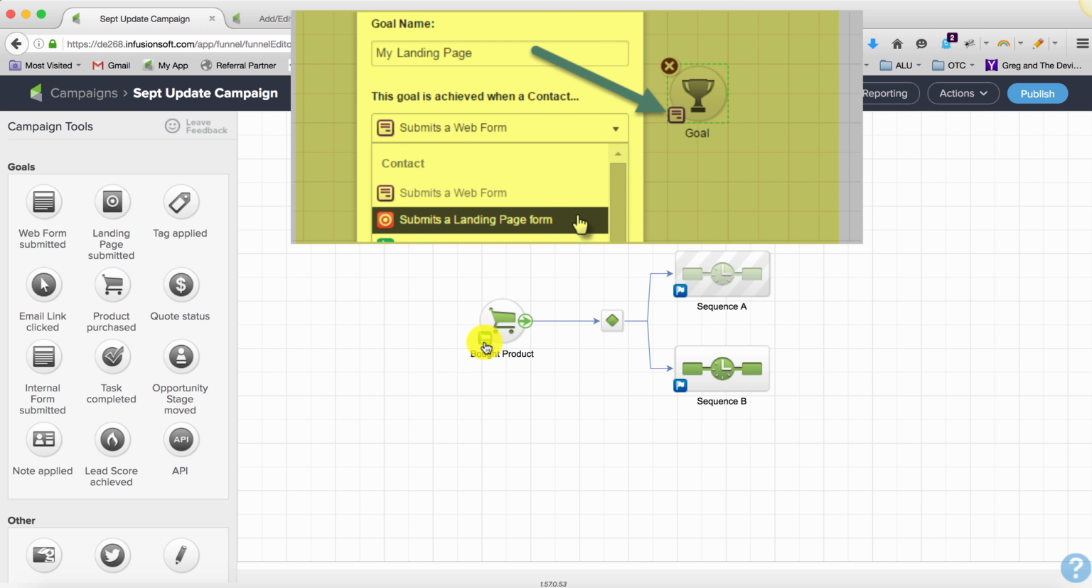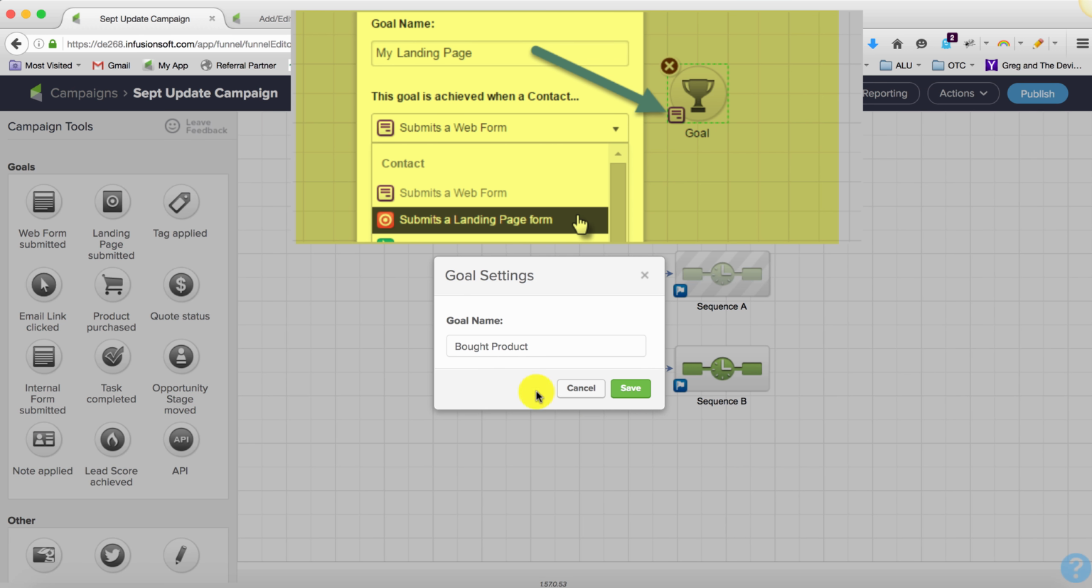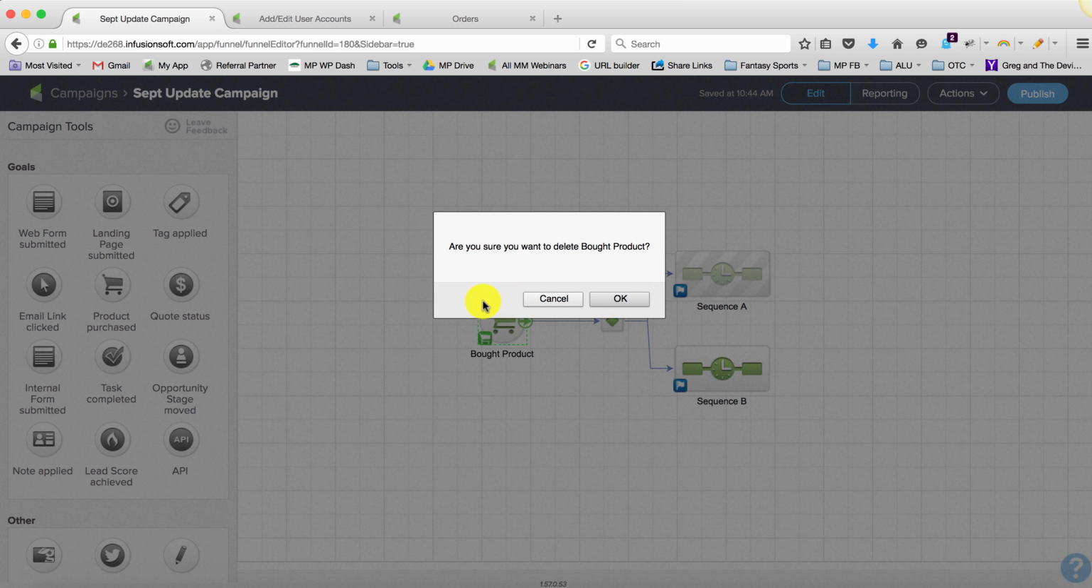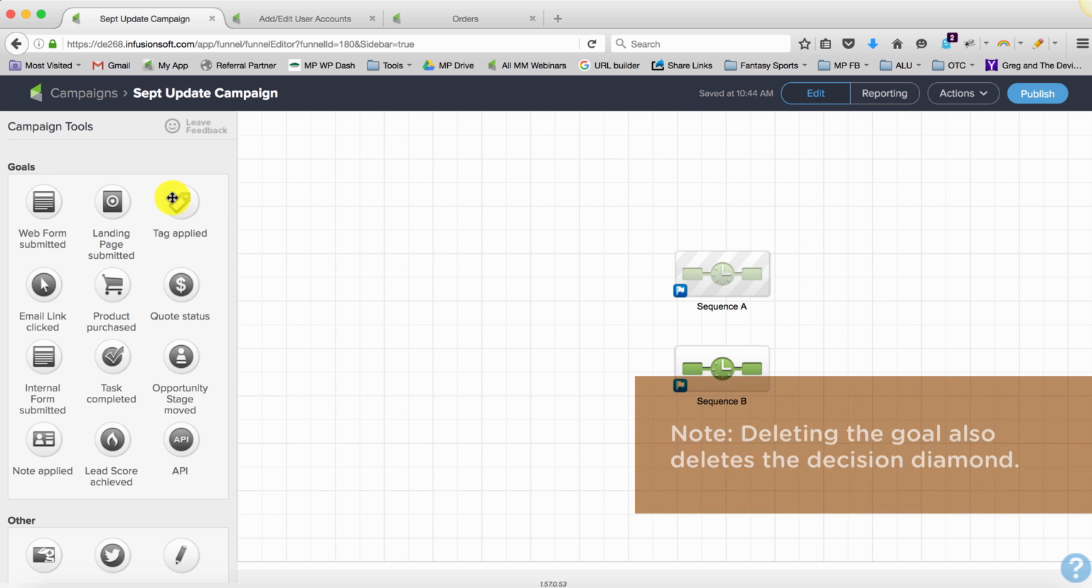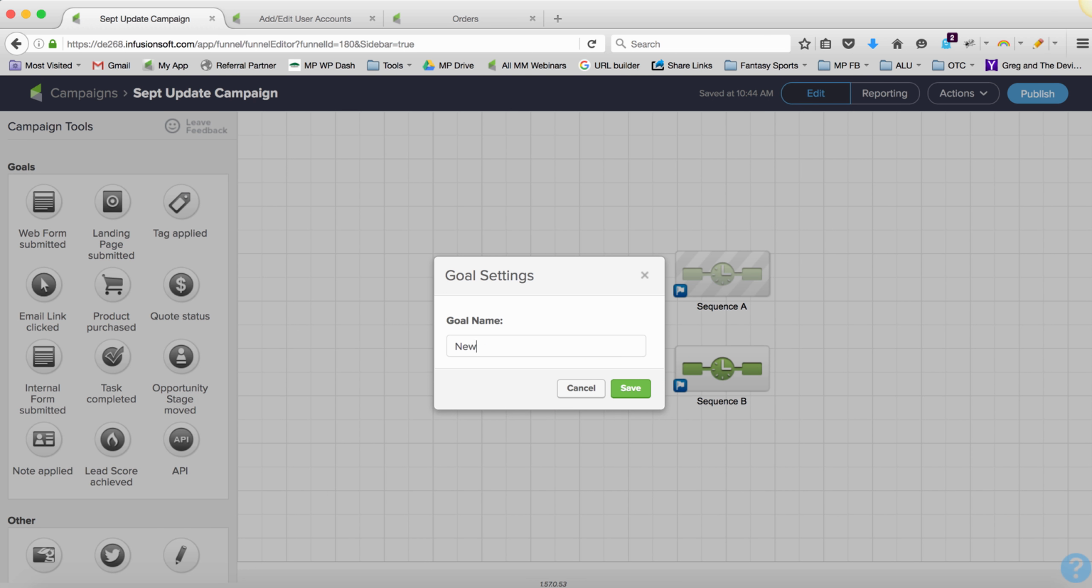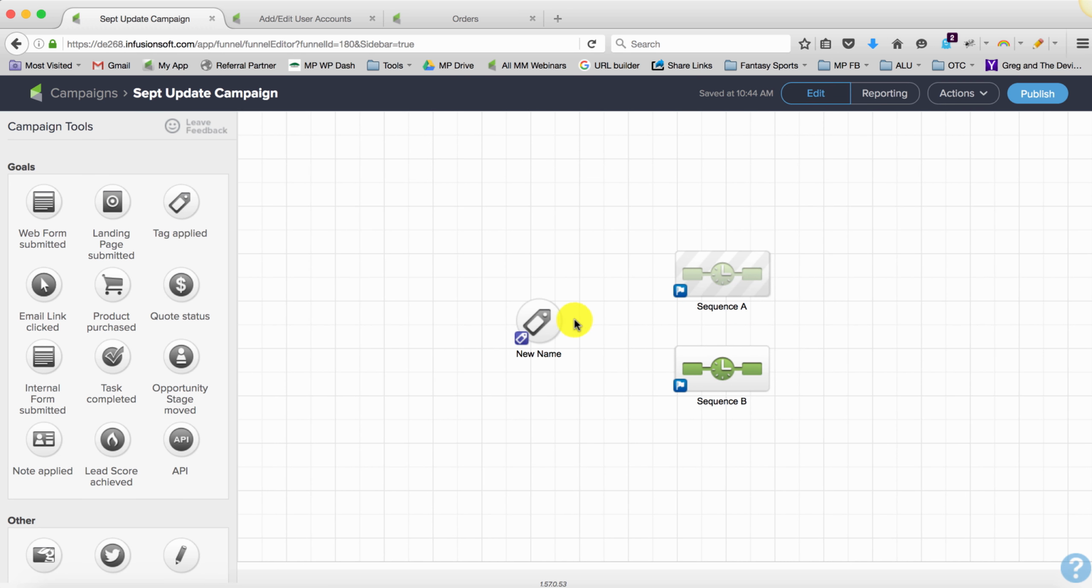and previously all I had to do was click on the badge and I could change that goal type. But now I don't have that option. So if I wanted to change what was triggering this campaign, I literally have to delete this goal, and then I have to drag out a new one, and I have to label this new goal with a new name, I have to attach this goal to the sequences it was attached to, and unfortunately, I have to reconfigure that decision diamond,